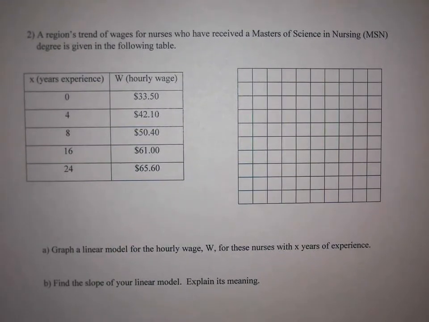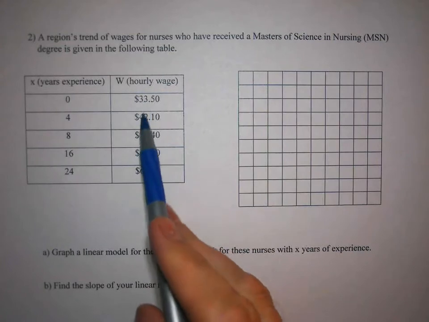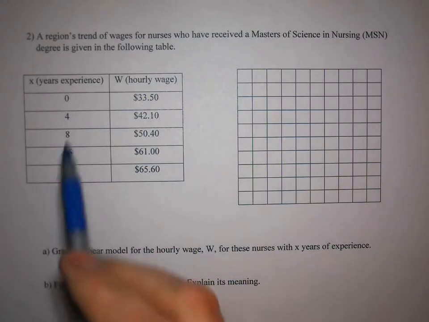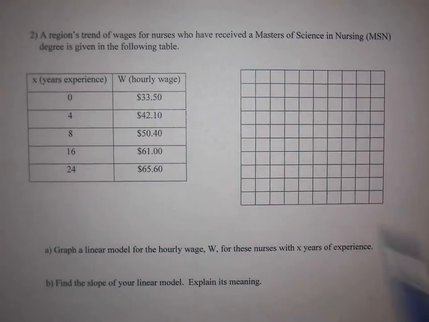This gives you a region's trend of wages for nurses who've received a Master of Science in Nursing, an MSN degree. So given the years of experience, the average hourly wage. So create a scatter plot of that. You want to think about the years of experience going across the bottom for the input and the hourly wage